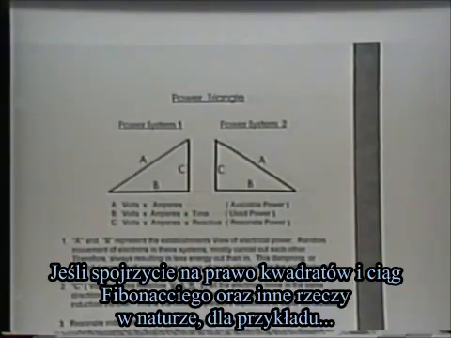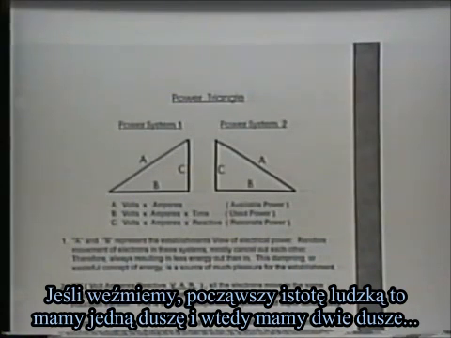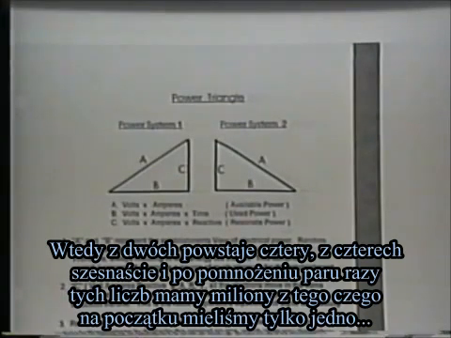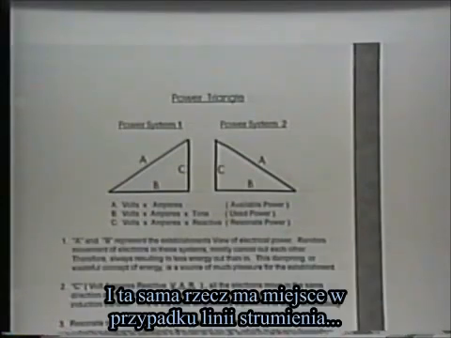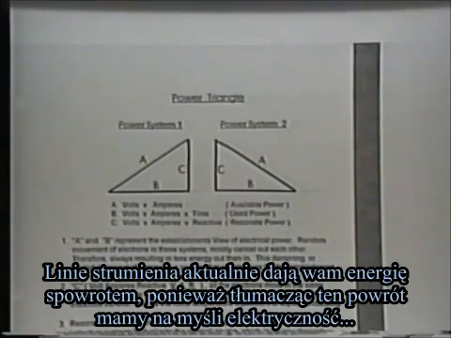And your potential at that point, you have a lot more energy than you ever had when you first started out. Now, if we look at the law of squares and the Fibonacci series and other things in nature, for example, if we take the beginning of a human being, we have one cell, and then we have 2 cells, then the 2 turn to 4, and 4 turns to 16, and after that has happened a number of times there, you've got 1 million things going for what you had initially just one of. And the same thing is true in the case of flux lines. And the flux lines are actually what will give you your energy back, because they translate back into the energy